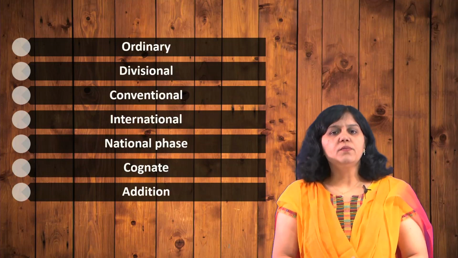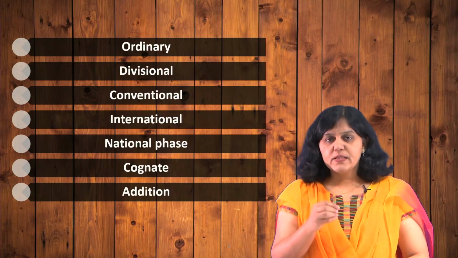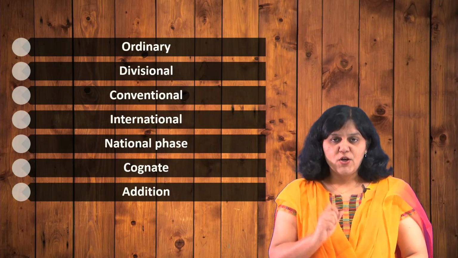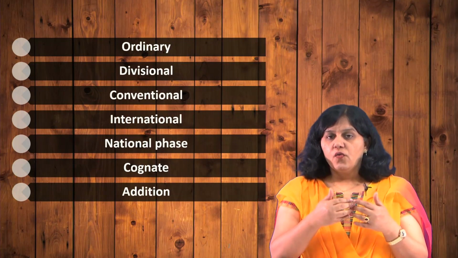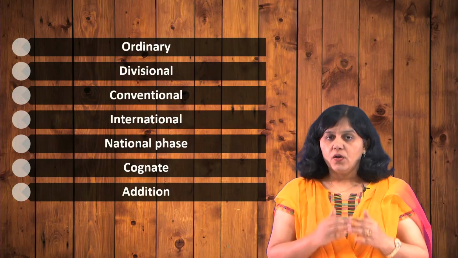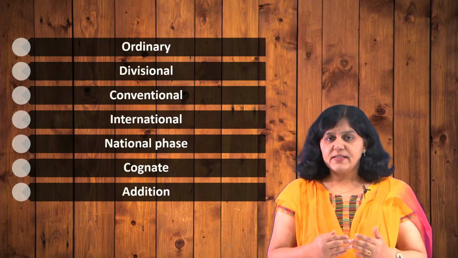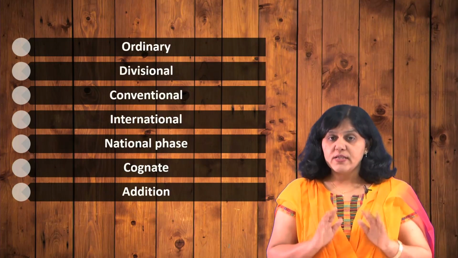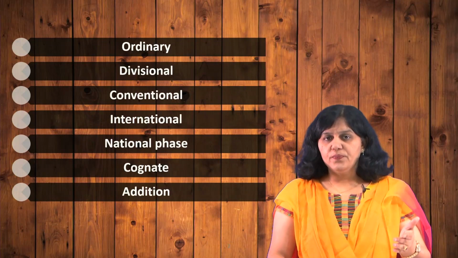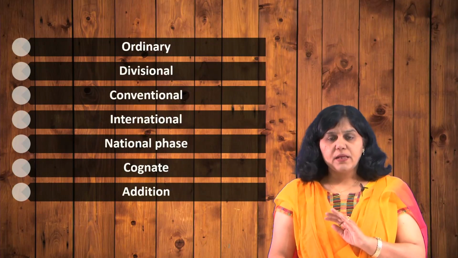Again, one more important point we should note here, that when you want to use this PCT system, you have to file the PCT application within 12 months. So, understand this. To avail the facility of this 30 months or 31 months, that is fine. But to get that facility, you are filing a PCT application. So, is there a timeline for that PCT application? Yes, it is 12 months. So, within 12 months from the priority date, we have to file the PCT application,